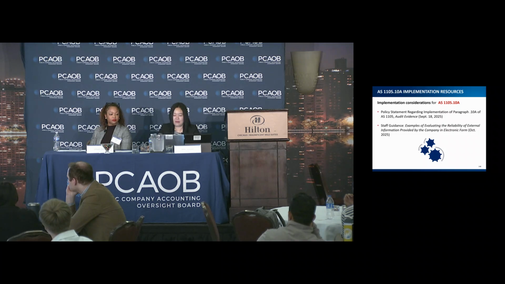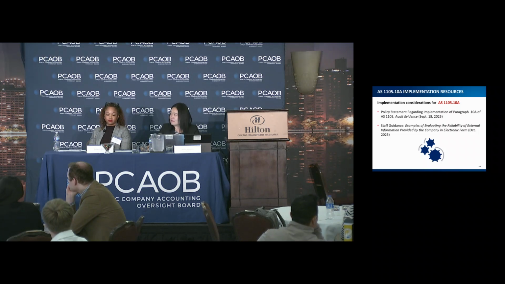Said another way, the board policy statement acknowledges that in certain circumstances, the auditor may not need to perform separate testing specified in subparagraph B if the auditor concludes that there is no more than a remote possibility that the information used as audit evidence has been modified in a way that would render it unreliable for purposes